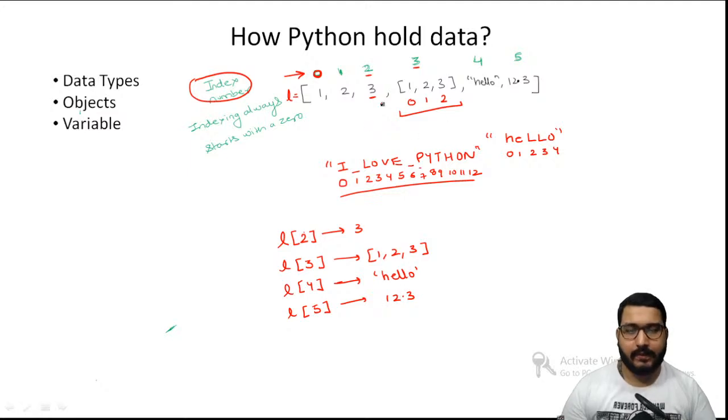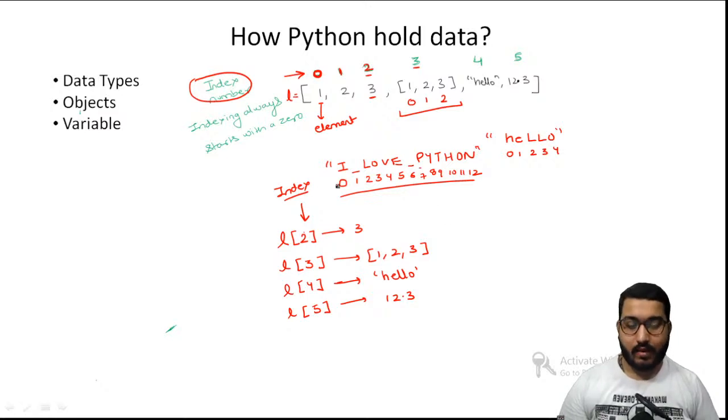So this particular number which I am using over here is known as the index, and this will always be used to extract any element. These are your elements. If you wanted to extract any element from a list, you will be required to use this particular index number to extract that element. Okay, so now